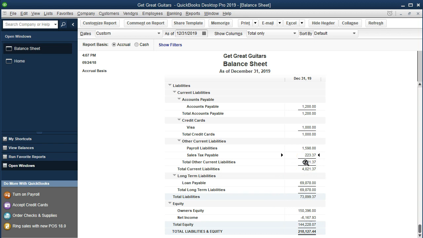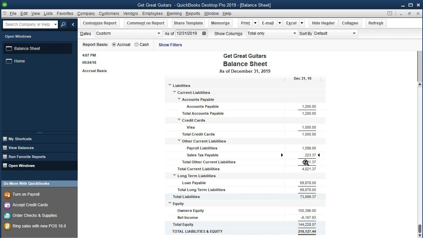And you can think about it, well, it's a vendor. So we're basically just going to write a check, and we could think about just writing a check to this vendor, and that would be decreasing the cash and decreasing this payable. That's what's going to happen. But we have that special kind of tracking button within the system which helps QuickBooks to track the information and may make the process a little bit easier, and we'll take a